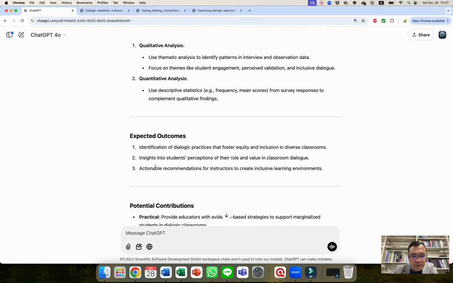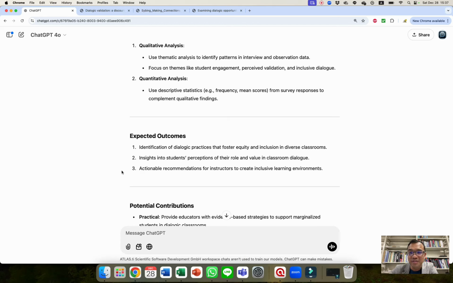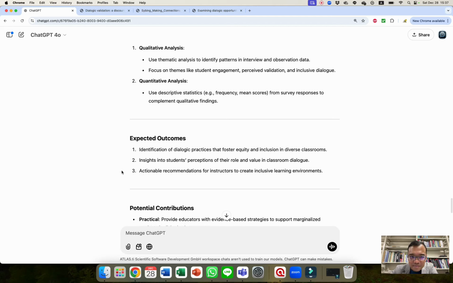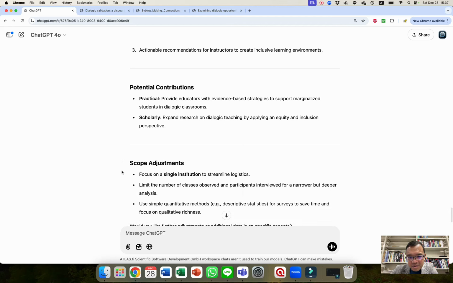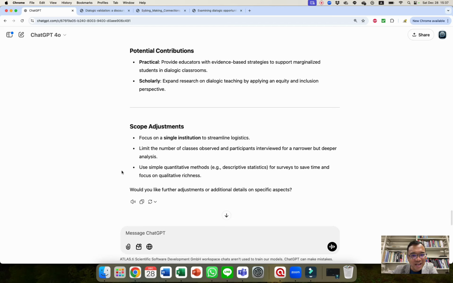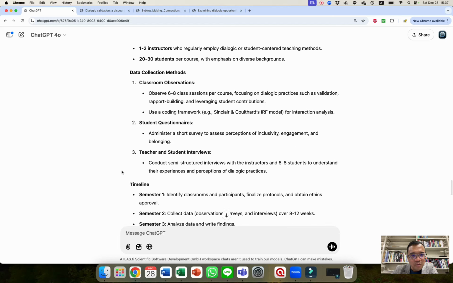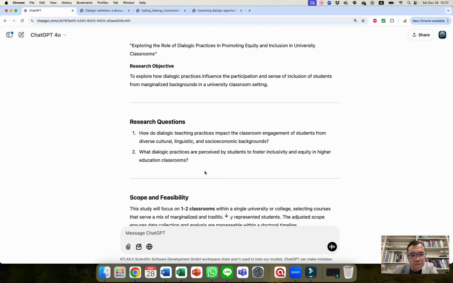And then actionable recommendations, especially if you're in a field like education. You are not just studying it for theoretical insight. You are doing this research because you want to improve on the field of teaching and learning. And so, yeah, this gives me a good little backbone, framework, skeleton, whatever the word is, for a good research proposal. What I do want to get into are these two research questions,